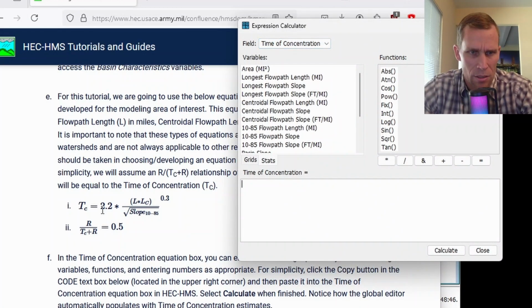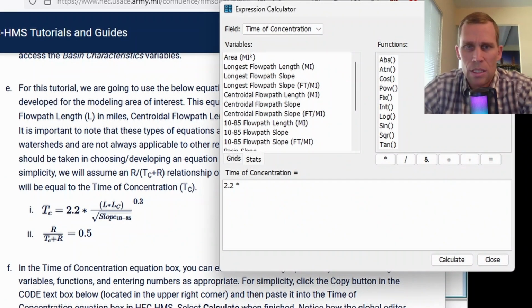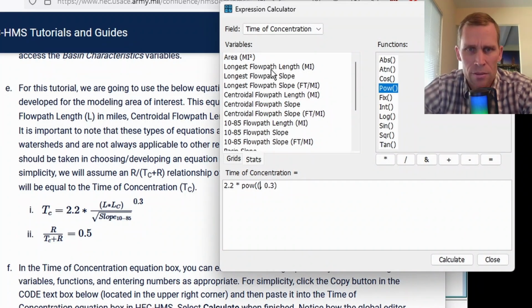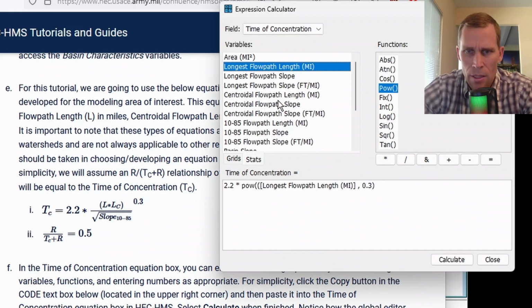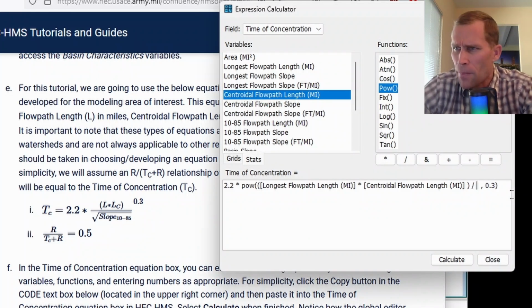So again, time of concentration, I'll start with 2.2. So we'll type that in and then times. And now I'm going to need to raise this entire expression to a power. So the power function over here, I'll double click that. Okay, so the exponent is going to be 0.3. And then the base is going to be this entire quotient here, open parentheses, and then longest flow path in miles, which is double click right here. Okay. And then after that, I want to multiply that by the centroidal flow path in miles, which is this one right here. Now I need to do a close parentheses and then divided by